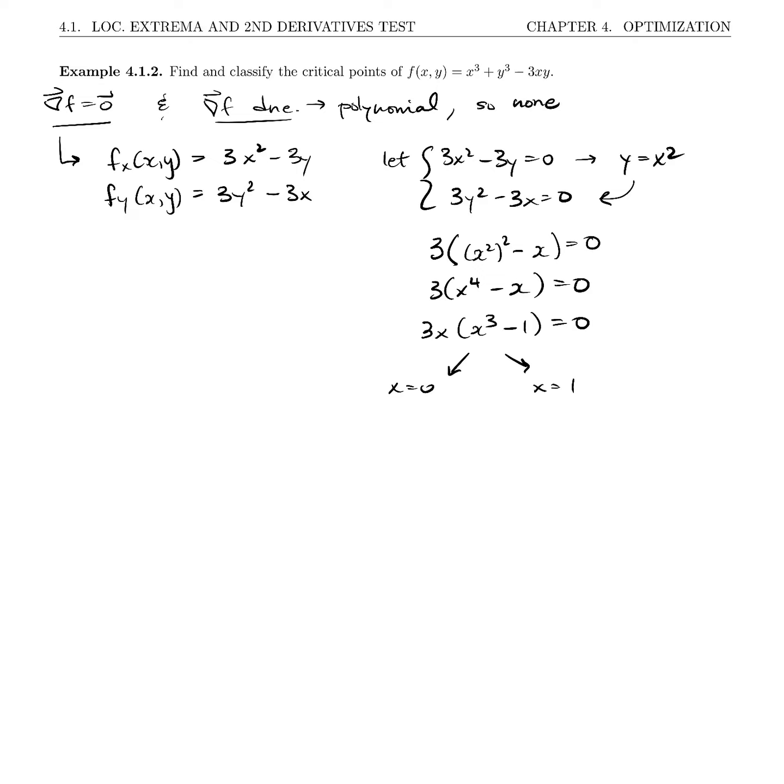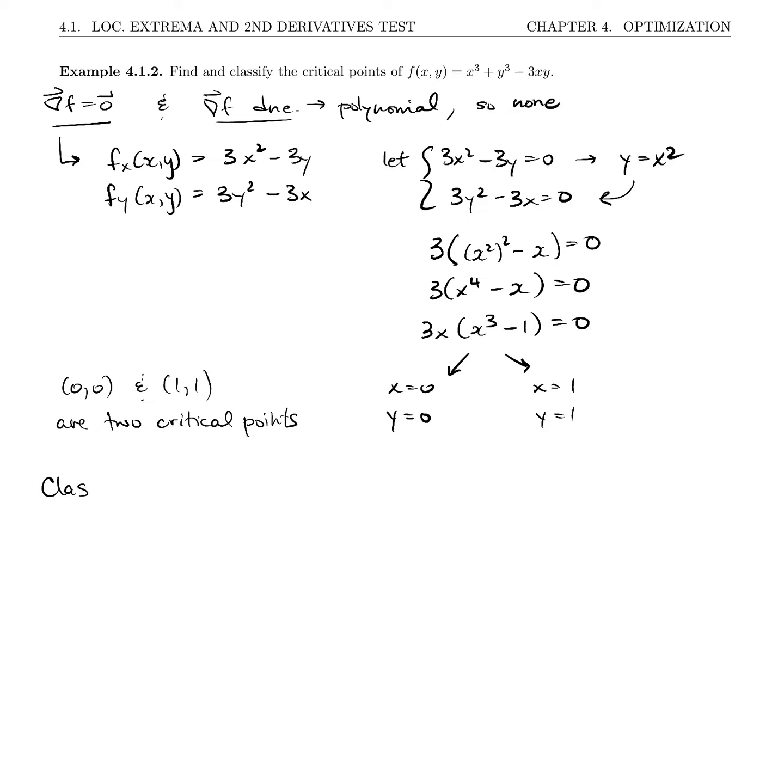If x is equal to 0, y is x squared, so we have the point 0, 0. And if x is equal to 1, y is 1 squared, y is equal to 1. So we have two critical points: the point 0, 0 and the point 1, 1. We need to classify these,